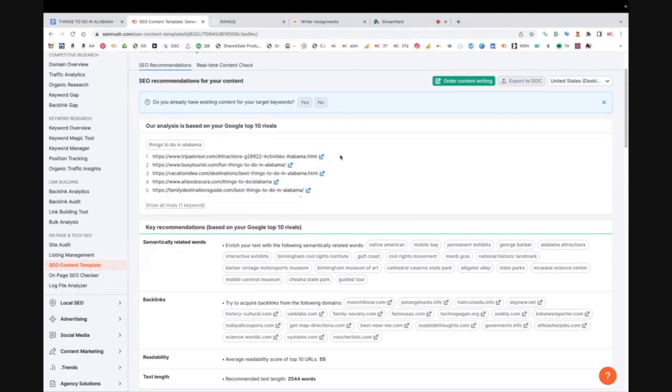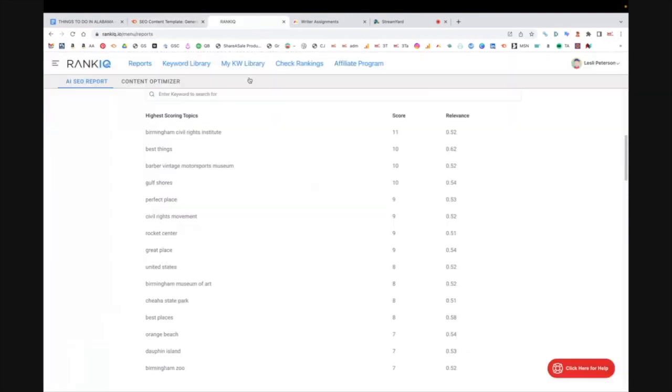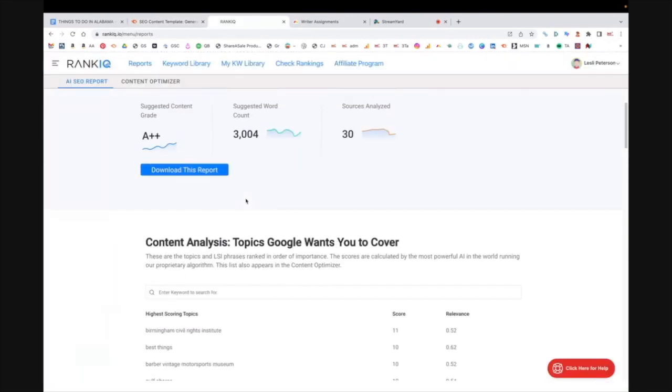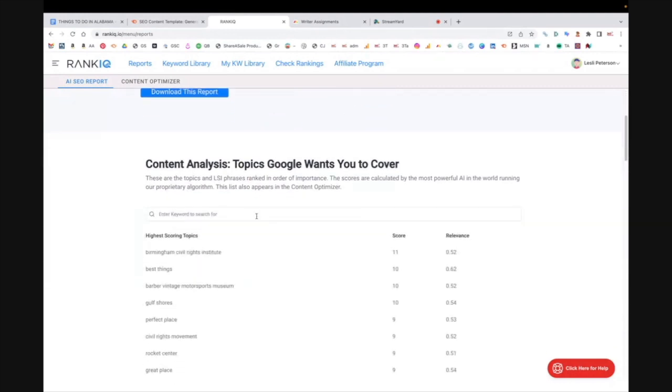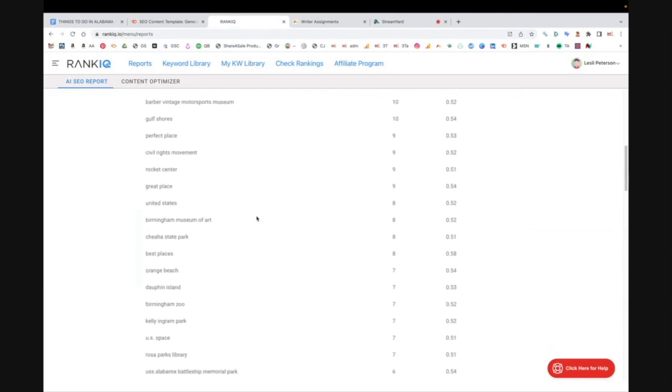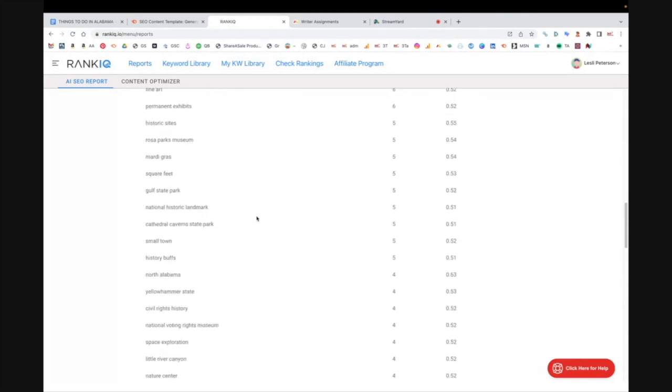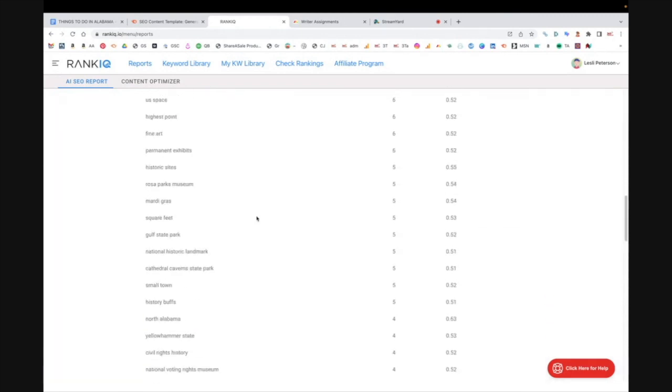And one of the tools that I like because it's affordable and robust is Rank IQ. So you'll see here, they suggest at least 3,000 words. So that's something to consider when you're looking at the word count that you want your writer to achieve. But you'll notice when I run this report that there are a lot more related terms, and you can download